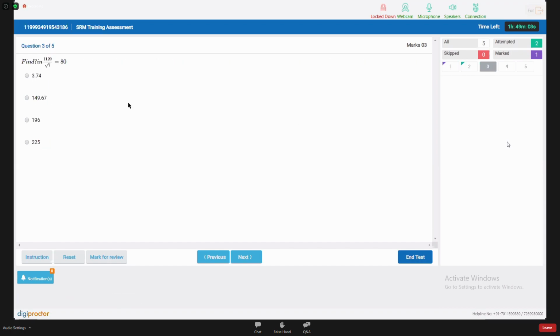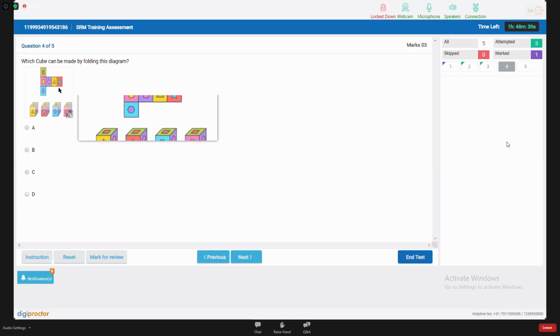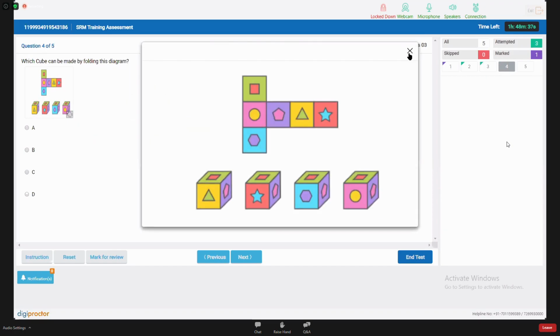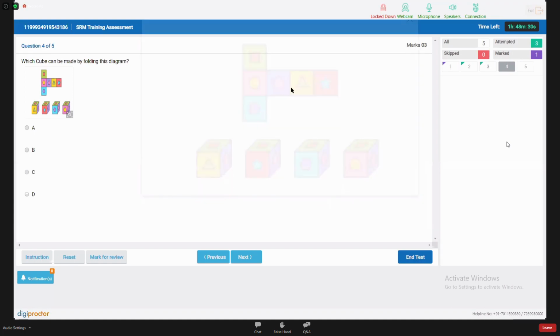Now there might be questions which will be equation based. This will appear in a similar manner whether you are taking it on a laptop or a mobile device. You'll use these buttons or this navigation window to navigate your way through. The questions at times might consist of media, such as audio, video, documents, images, anything. You can hover over it to have a zoom view or even click on the media to zoom it and have a clear view of the image, whatever is being depicted, and then answer the question.